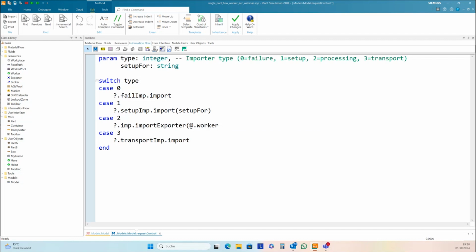This is my user-defined attribute I can use here to engage the right worker, and the same here is for the transport importer. With import exporter, I can engage one particular special worker.